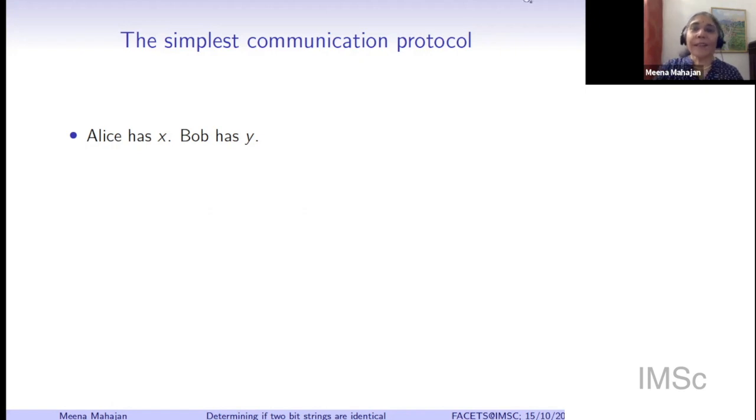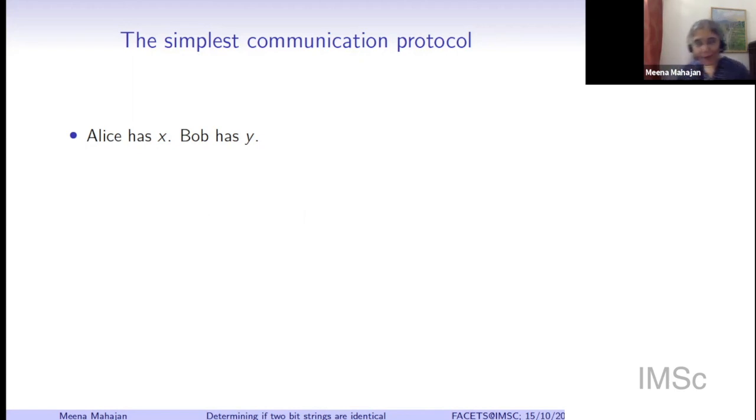In that sense, it is a protocol. A protocol is like a set of conventions. The protocol will specify, okay, Alice is the person who speaks first. So the computer at the space station is the one which first sends a bit across. Then the protocol may specify that if the first bit sent is a 0, the next bit is going to come from Bob. And if the first bit is a 1, then the next bit will also come from Alice, because Alice has something more to say. So the protocol lays down these rules completely unambiguously: who says what, when. All these things have to be clearly specified.